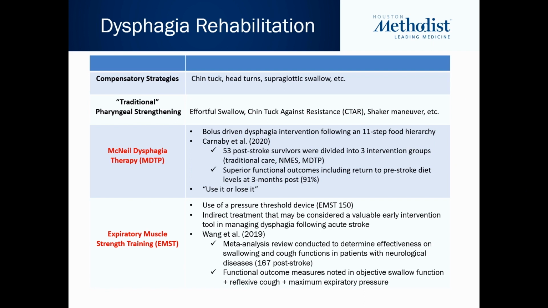This particular program has been really heavily researched in other patient populations, such as late effects of radiation in the head and neck cancer population, chronic dysphagia from severe brainstem strokes, and patients who really never responded well to traditional therapies post-stroke, years, months, however long later. But this study, a randomized control trial, wanted to look specifically at post-stroke survivors and how this bolus-driven therapy program stood a chance against more traditional types of therapy.